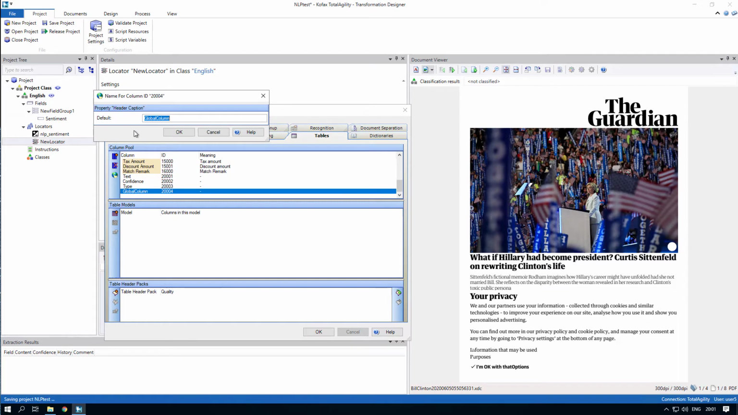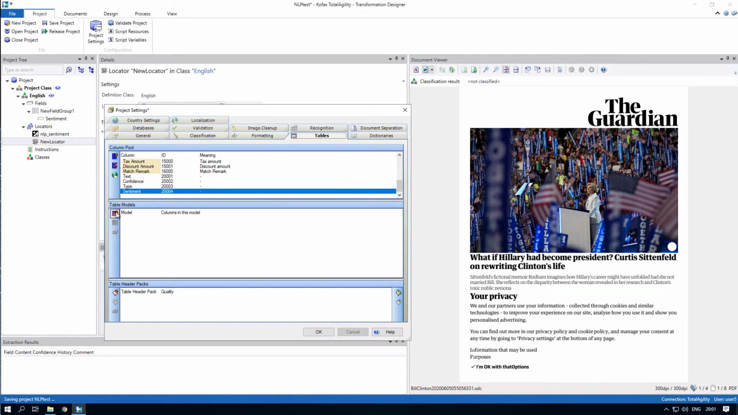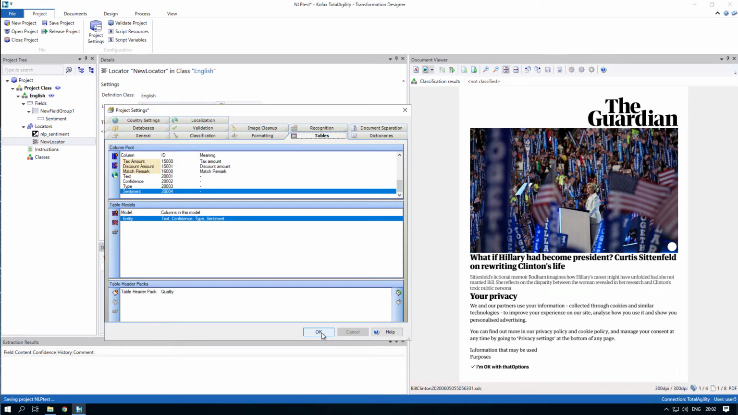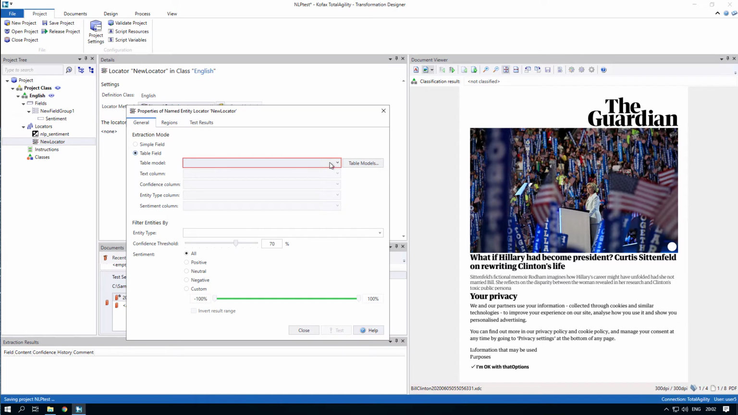And I'm going to add the sentiment. There you have it. Create a table model. Call that entity, or anything you might want to call that. And select the fields or the rows that you want in there. There you have it. So now select that and just connect these